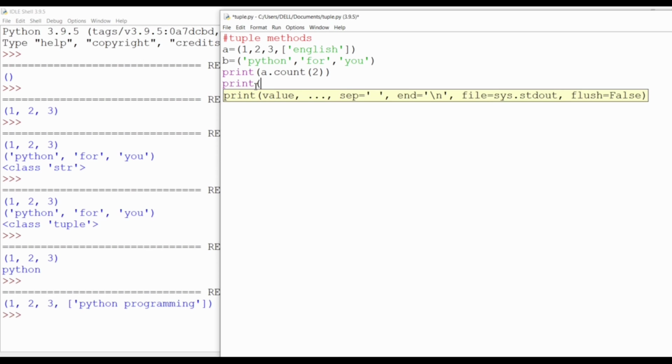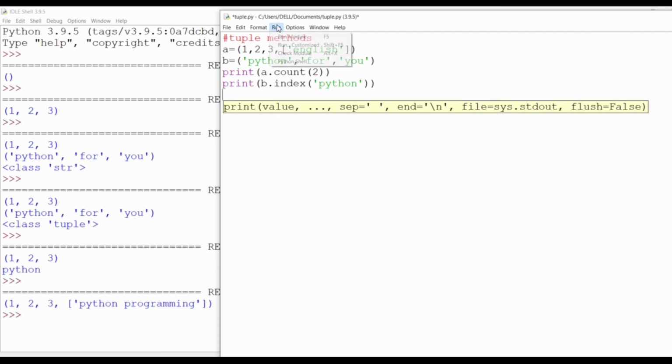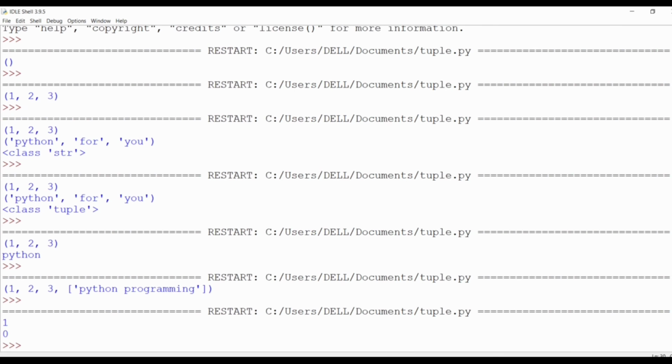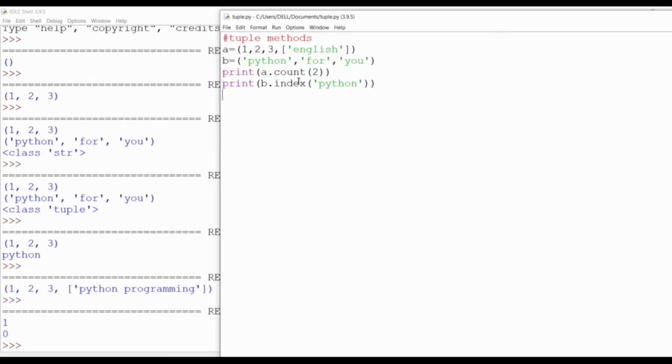I will print the index in B, the index of Python. I want to print the index of Python. Saving the data and running the module. Here the count of 2 is 1 and the index of Python is 0. By this the tuples have ended.